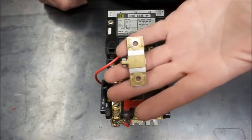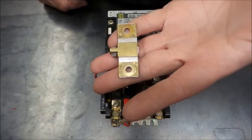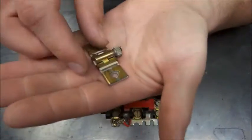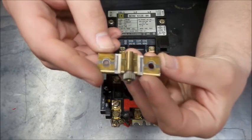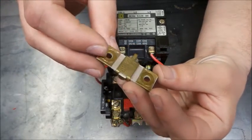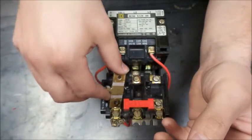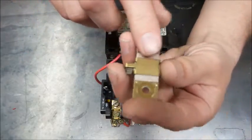It means you order one of these. And that here is a B485 thermal unit. So now, what's a thermal unit? Well, a thermal unit is actually a pretty interesting little piece of engineering. It's this here goes, we'll bolt in here like this underneath these screws, and the current from the motor